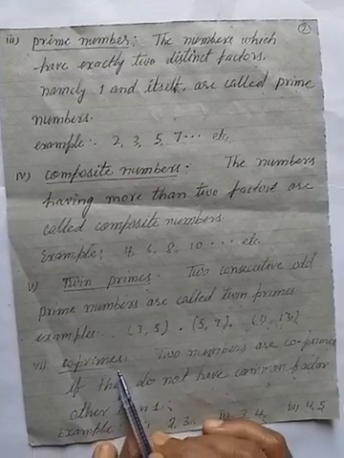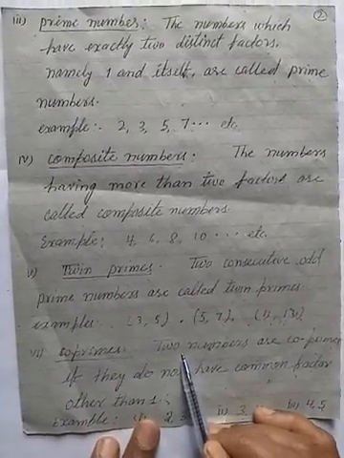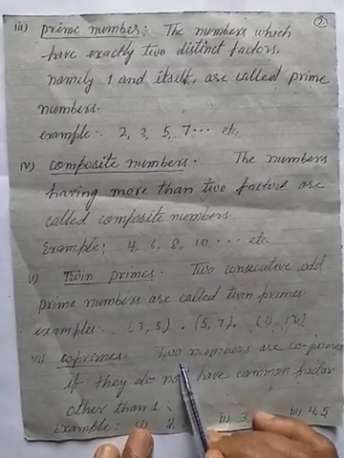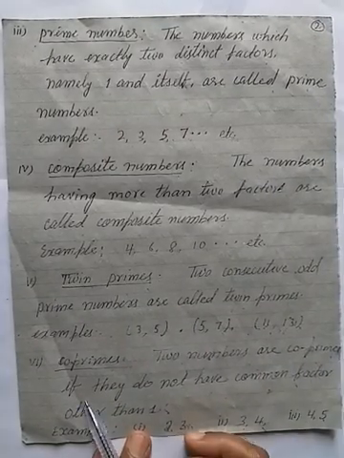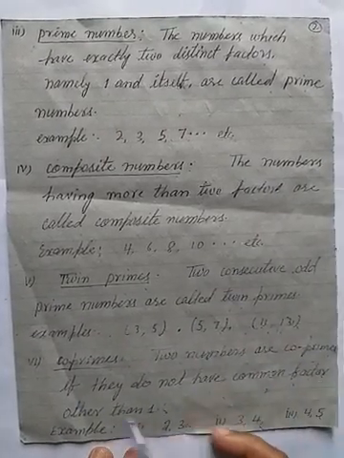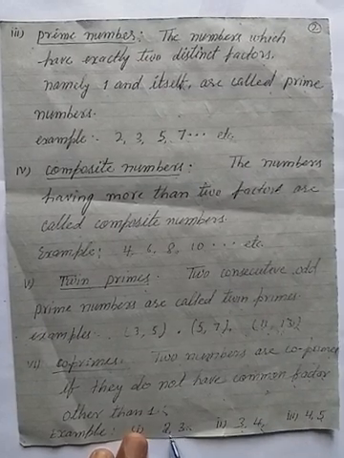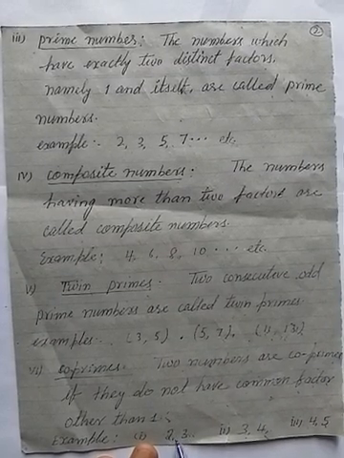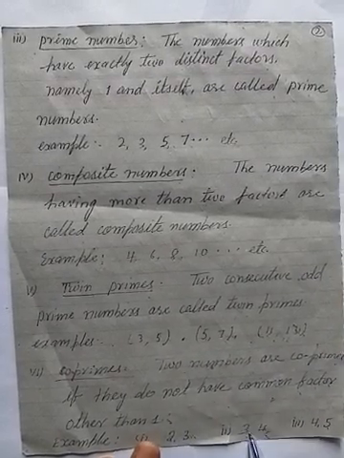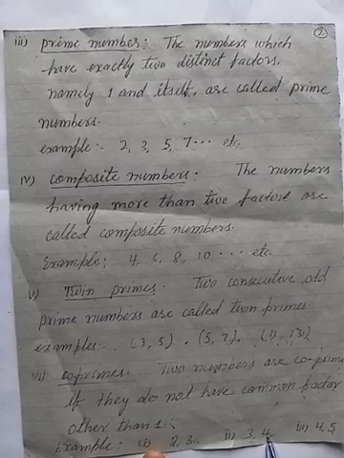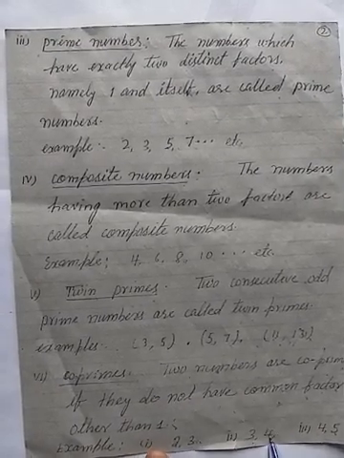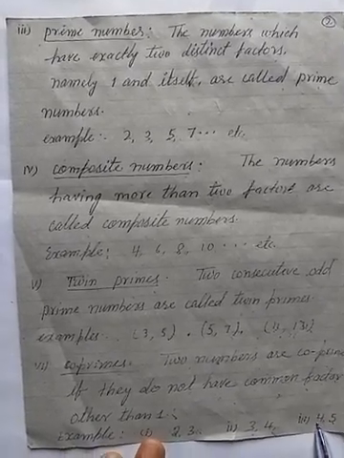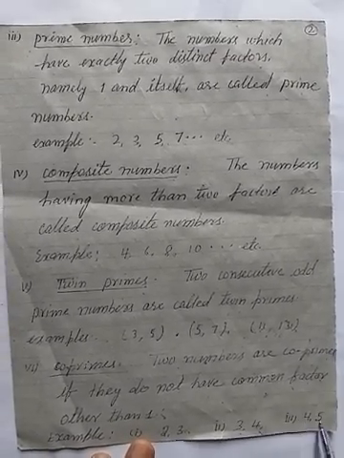Now co-prime numbers. This is the most important point because you will also study it in the 9th class or 10th class. So keep it in mind right now. This is very useful. Two numbers are co-prime if they do not have common factors other than 1. So here are two numbers, 2 and 3. If you find the factors of 2 and 3, you will get the common factor 1, not any other. Similarly 3 and 4: if you find the factors of 3 and 4, here also you will find the common factor 1. 4 and 5 also, the common factor will be 1.